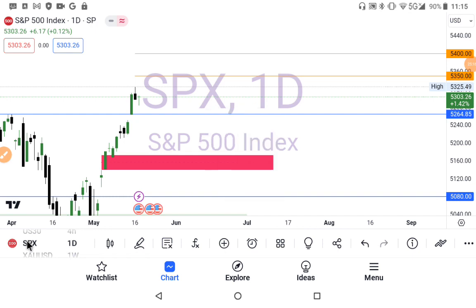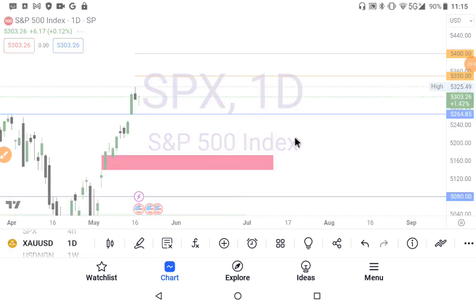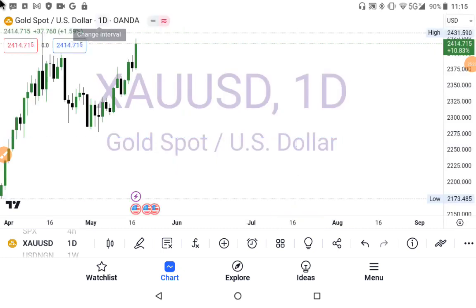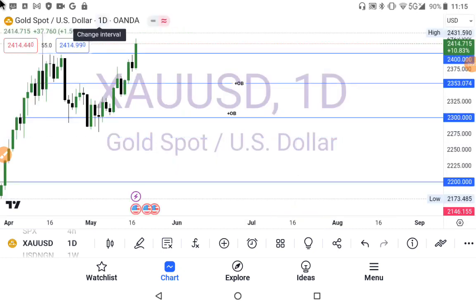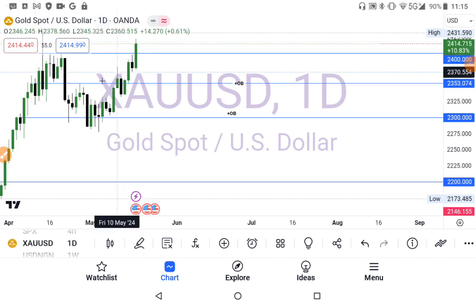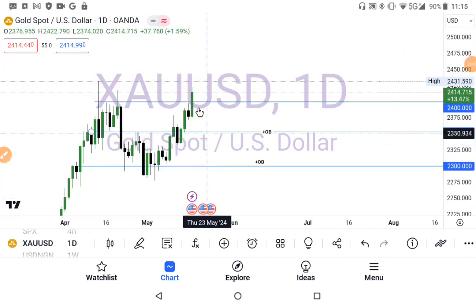So to our gold, Uncle Gold. I said Uncle Gold will visit 2400. Has Uncle Gold visited 2400? Yes, it has visited. 2400 was delivered. Man, I said 2400 is one that needs to be delivered. So if we find 2400 as a support, we should be able to visit 2450